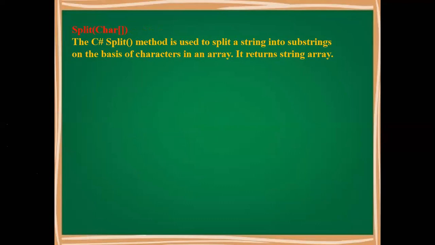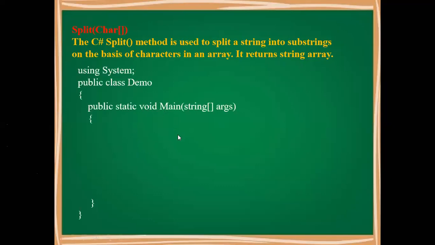So it returns a string array. Why string array? Because when the string is split, it will become multiple strings. एक string के आप जितनी भी division करोगे तो multiple string होगा. That's why it returns the string array, and that string array we can iterate or we can display. So split में भी आप लोगों को बताना पड़ेगा कि कहां से split करना है.